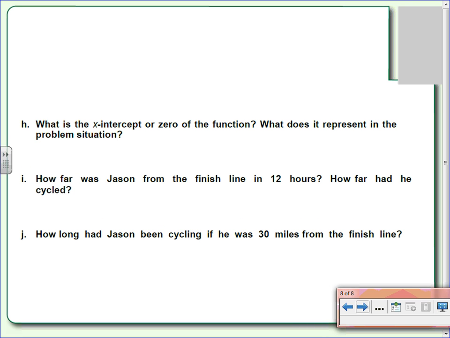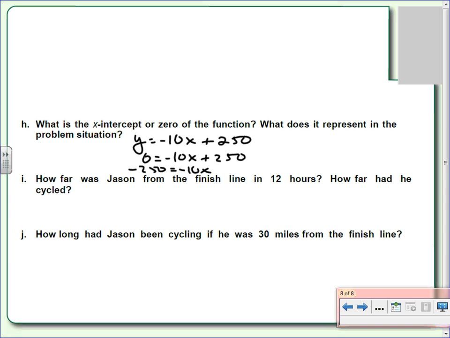So remember, the equation was what again? y equals negative 10x plus 250. So all I'm going to do is replace the y with the 0, and I'm going to solve this thing for x. I'm going to start by moving that 250 to the other side, subtracting it. Anytime you're looking for the x-intercept, all we do is replace y with a 0. Then I'm going to divide by a negative 10. So negative 250 divided by a negative 10 results in a